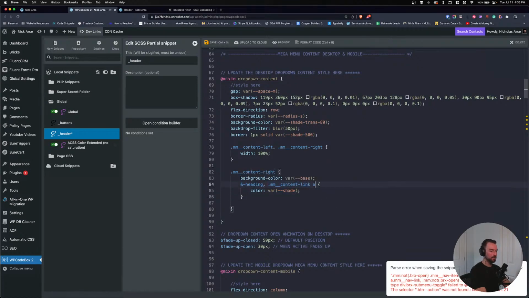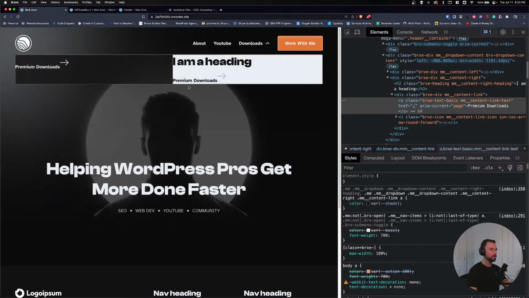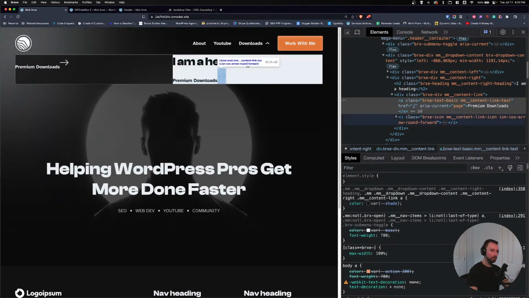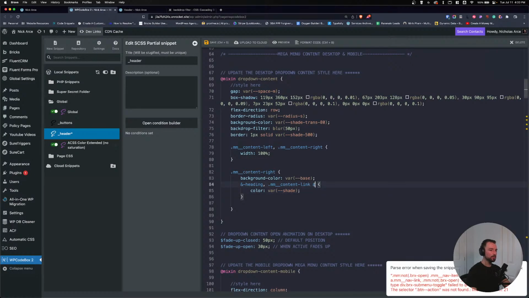Content link A. Let's target my link color there. We'll refresh. Now I have a button going there. Okay. I also want to change my icon color to be the same. I want that to be black. So we're going to find my I inside. So we'll do,